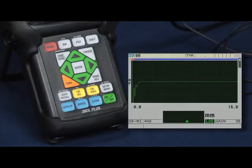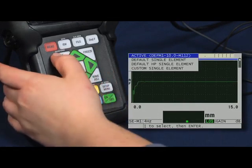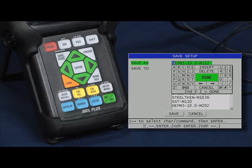Now that we have calibrated, we can go ahead and store the setup for this single element transducer. Press the transducer recall key. The active setup will be highlighted. Press the Save Send key and the Save Setup screen will be displayed. We first need to enter in a name for our custom setup in the Save As field. This can be done using the virtual keypad. In this example, let's use